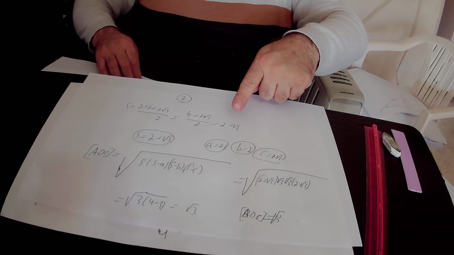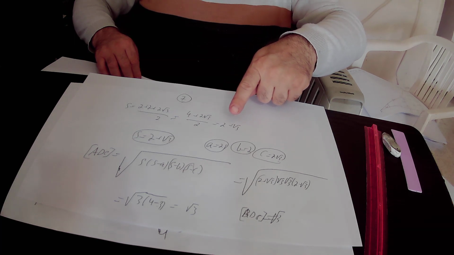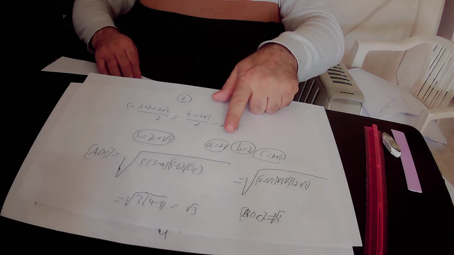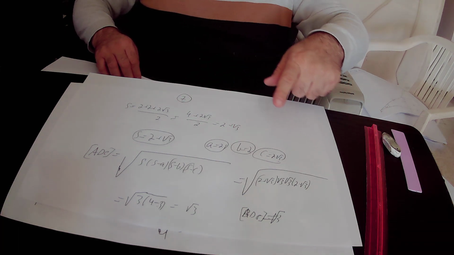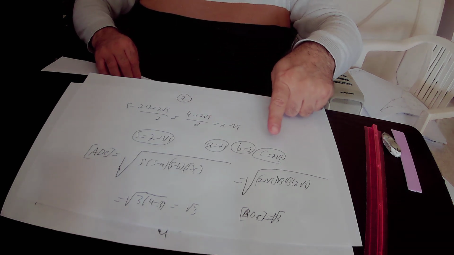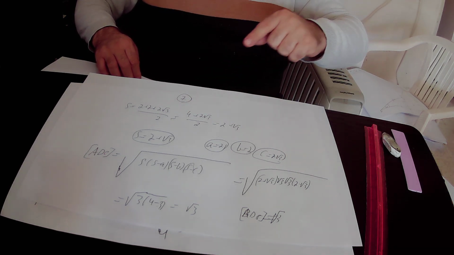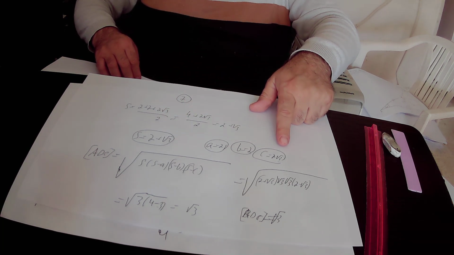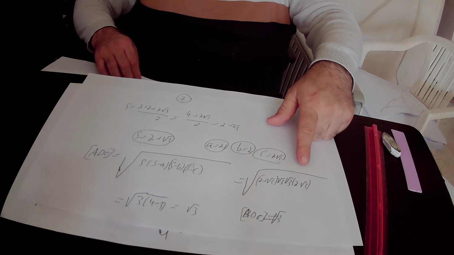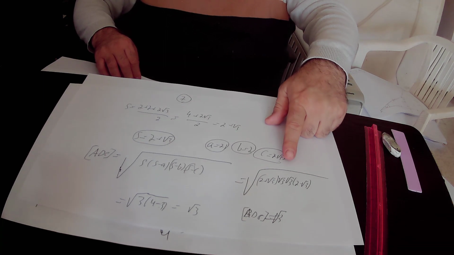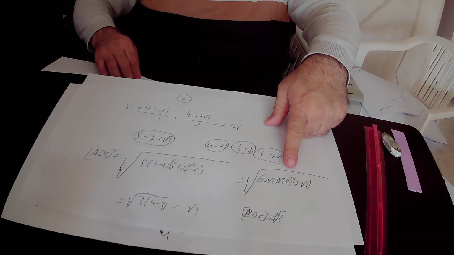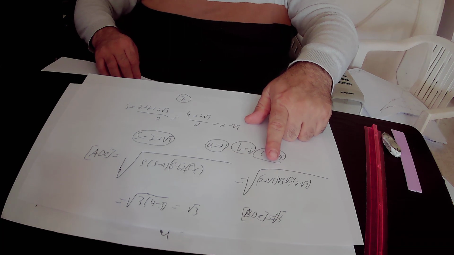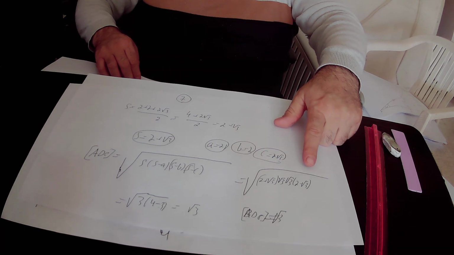s is 2 plus square root of 3 units. s minus a is 2 plus square root of 3 minus 2, which is square root of 3. s minus b is the same because a equals b, so it is also square root of 3. And s minus c is 2 plus square root of 3 minus 2 times square root of 3, and it equals 2 minus square root of 3. Here, square root of 3 times square root of 3 is 3. And 2 plus square root of 3 times 2 minus square root of 3,